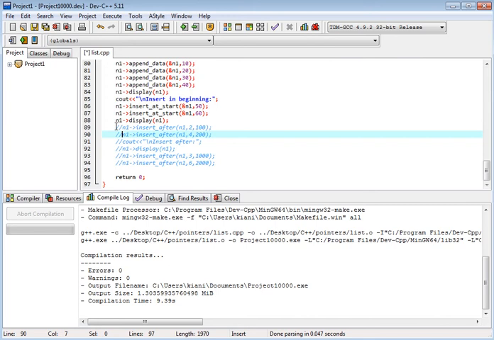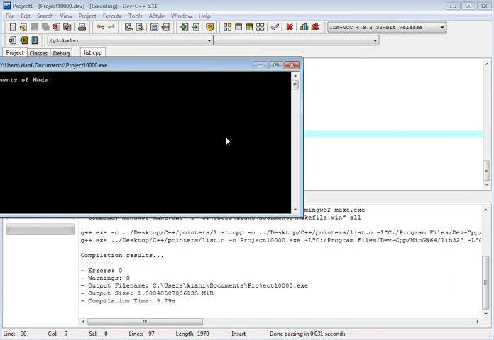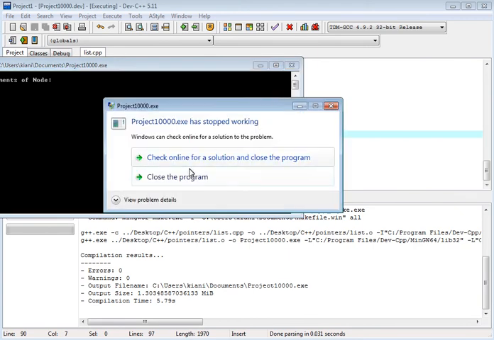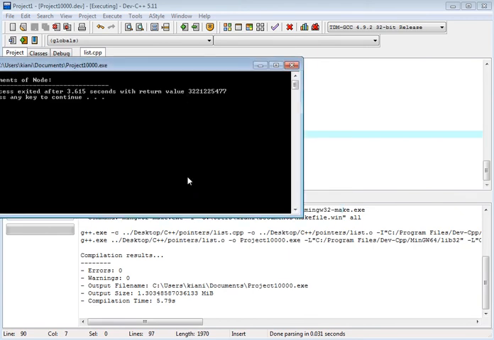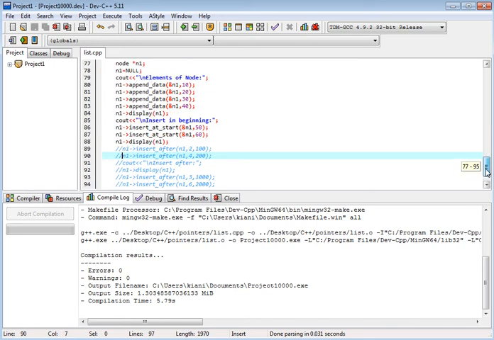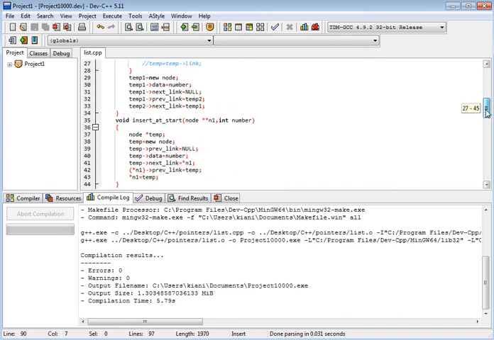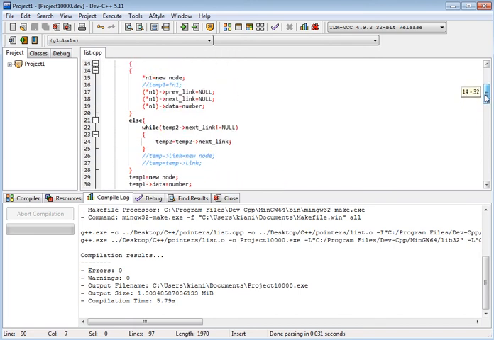This is okay if n1 is not equal to null. Okay, now about insert after, let's see, we should display this and insert after. Where is the problem? Let's see.